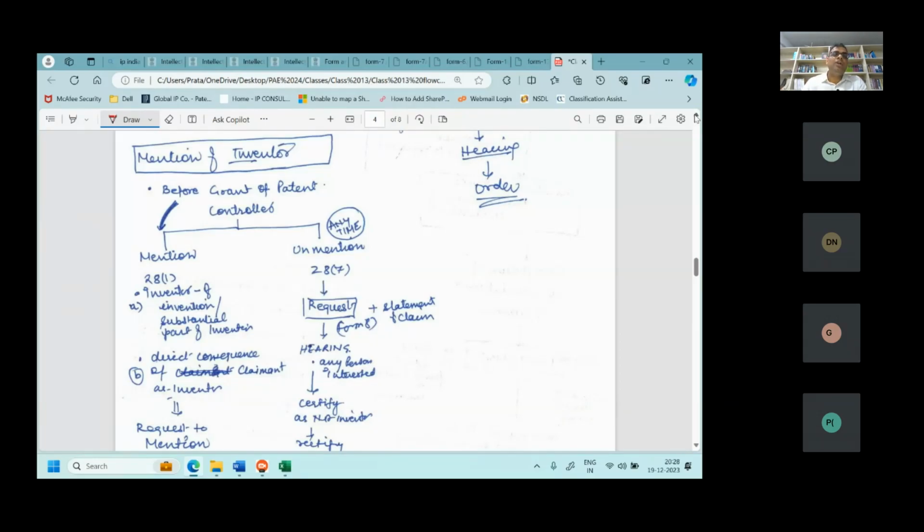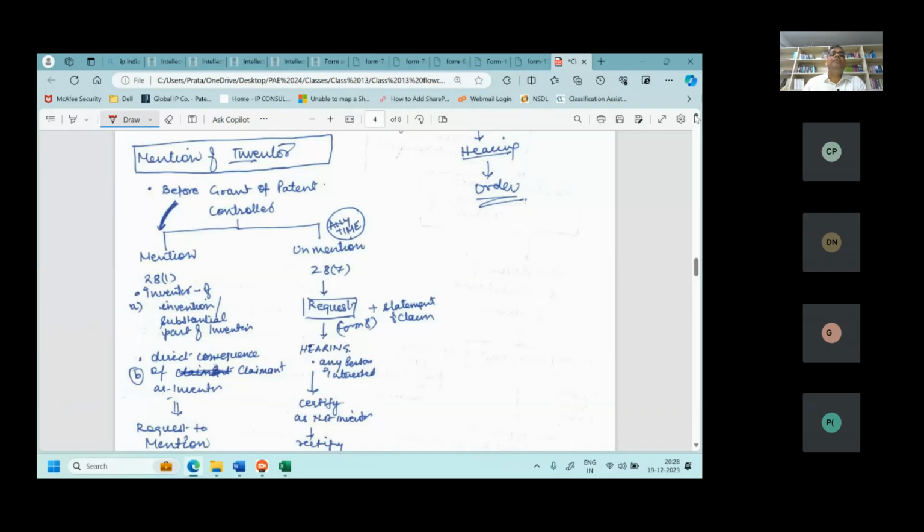Inventors don't get the right. Only the applicant gets the right. So mentioning someone as an inventor will not help him anywhere. However, why are inventors being mentioned? If someone is claiming, the inventors are mentioned because that is the